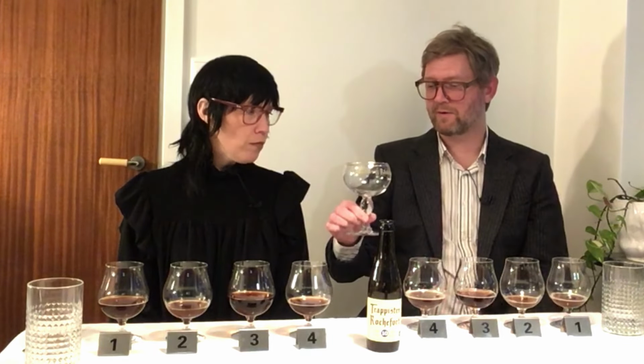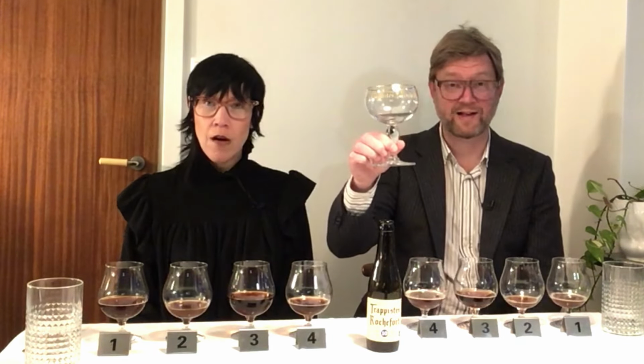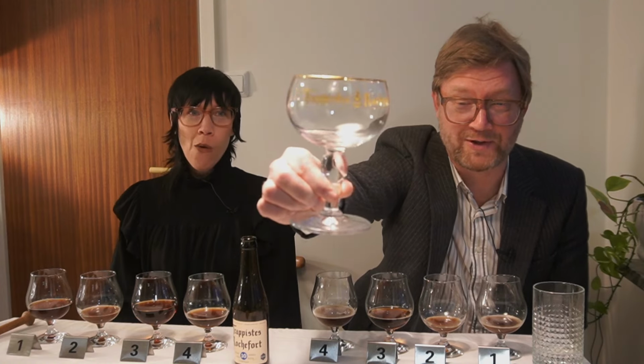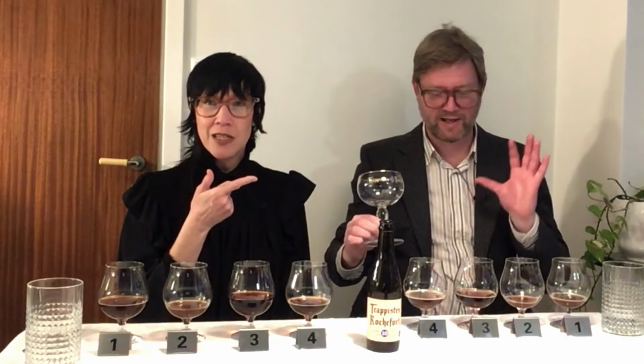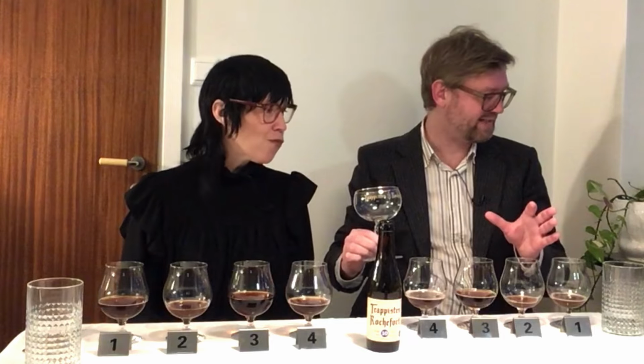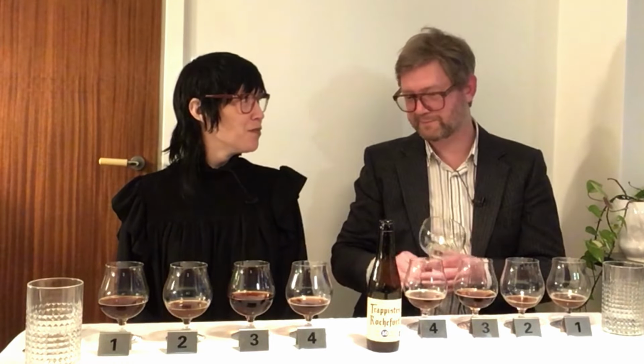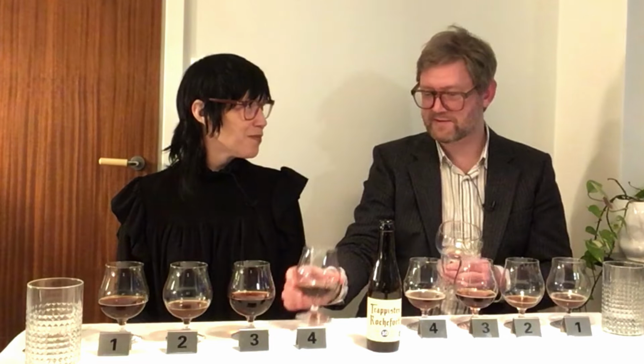you need to drink your favorite beer from the correct glass, of course. You show off. The Rochefort glass. I have most of them. He's such a nerd. The Westvleteren glass is the only one here I don't have. But let's see how it...